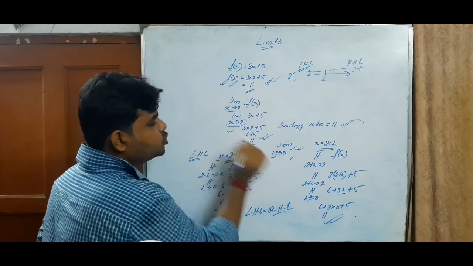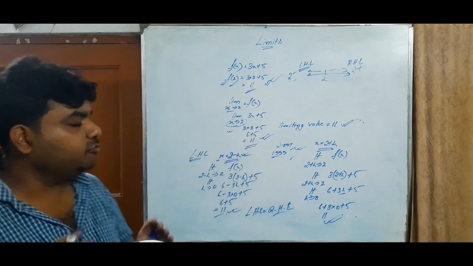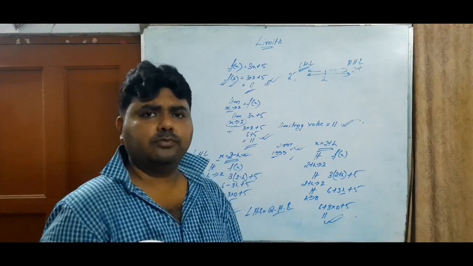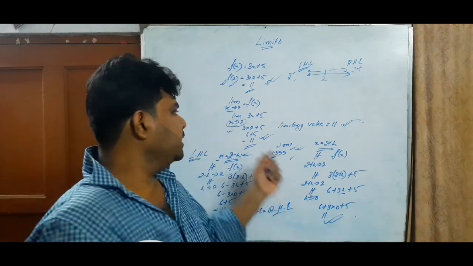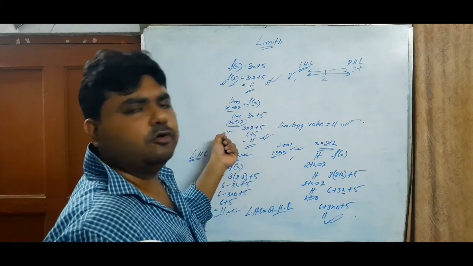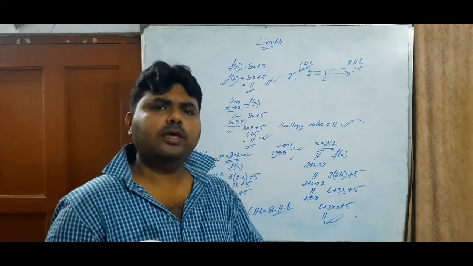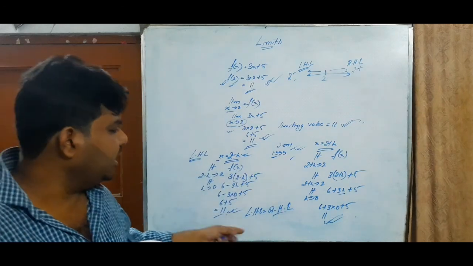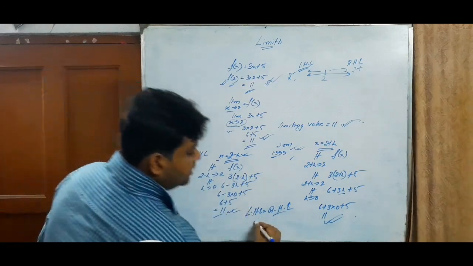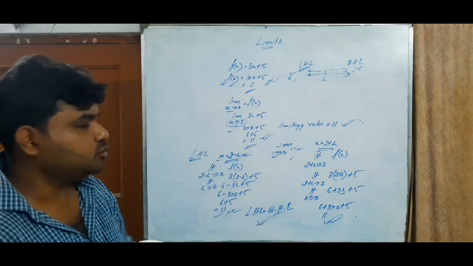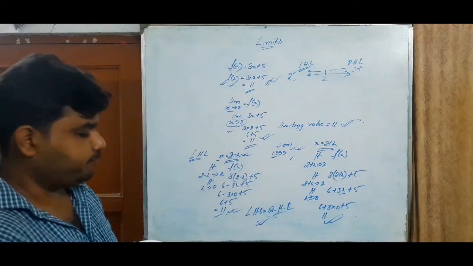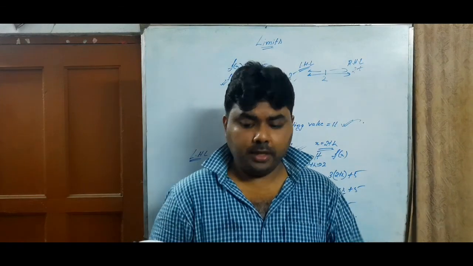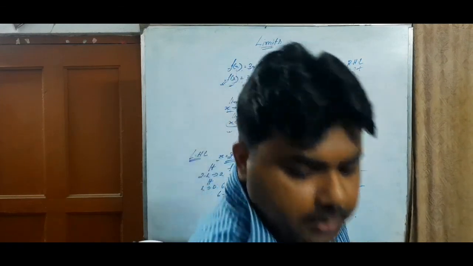The word tends to means this, but in case of numericals or doing sums, we will not need all this concept. We will just put the value given over here. In higher classes you may need this, but in class 11 we will not require any of this. But the limit exists if LHL equals RHL. We can prove this. Now limits have different rules, so we are taking some examples. Just see.